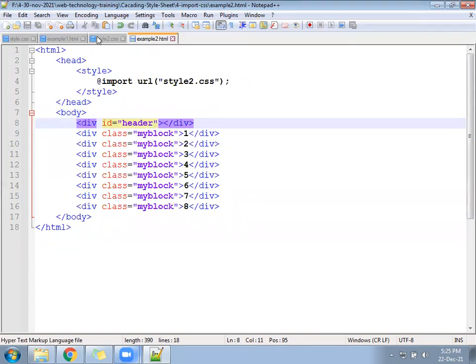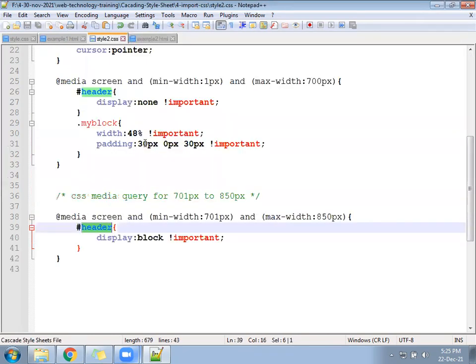So remember, whenever you are applying hide and show functionality, you have to use none and block. None means hide. For hiding we have only one, called none, and for showing we have two: block and inline. If your tag is an inline tag that displays in the same line, then you use inline. If your tag is a block level element, then you use display as block.